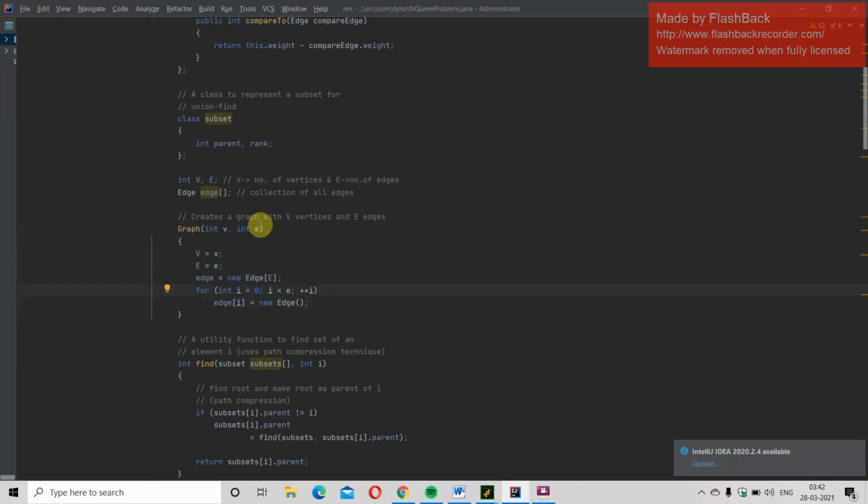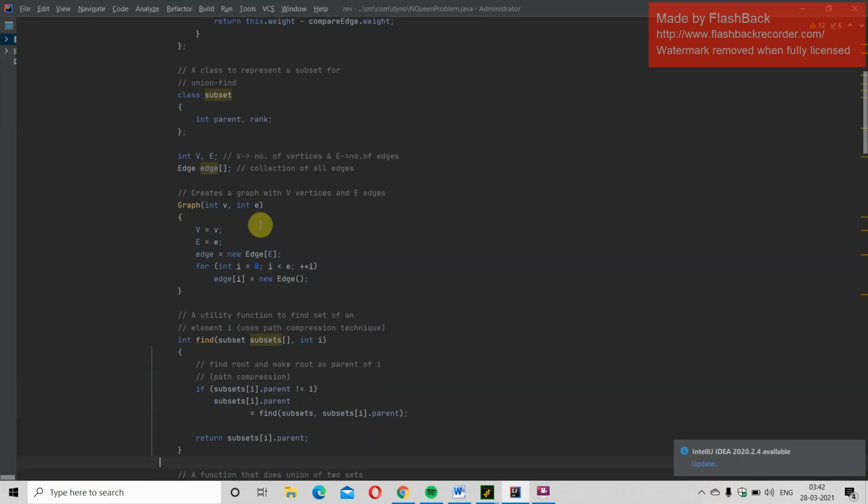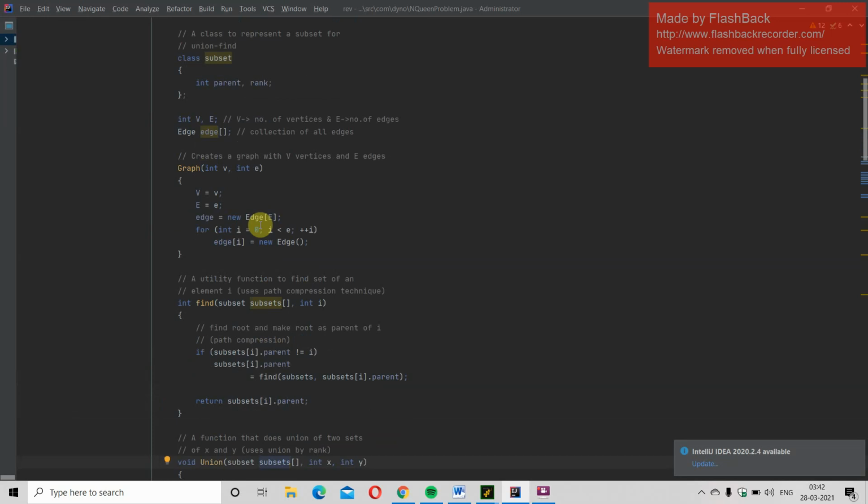Iterate through each of the edges using a for loop, setting the base condition i equal to 0 and checking whether i is less than E. Now set the edge of the ith element to a new edge, that is, create an object. Now use the find function to find the set of element i. This is called the path compression technique. Find the root and make the root the parent of i